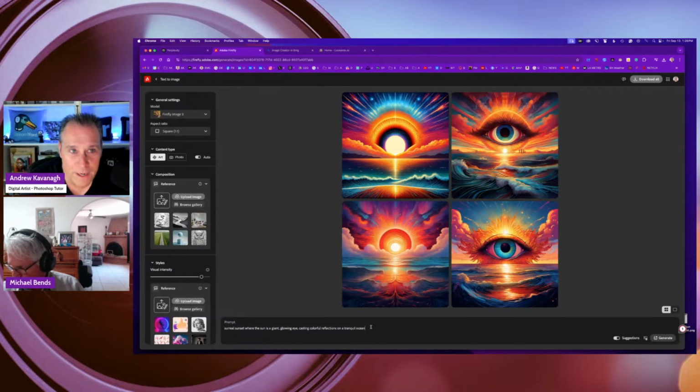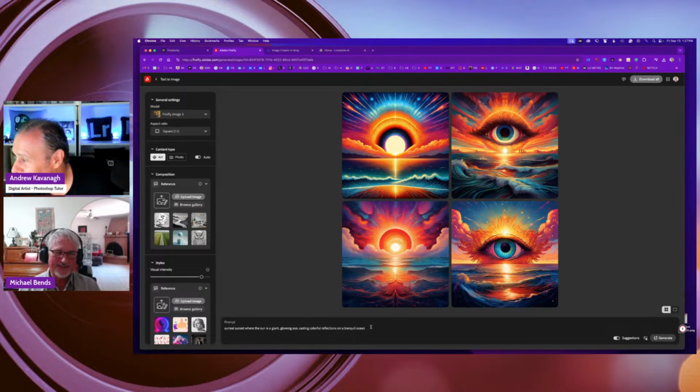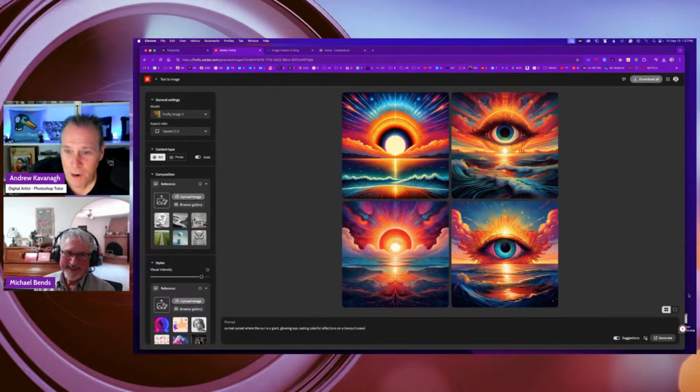But the thing that was funny about Leonardo is that beyond the initial grouping of, say, 4 images, when I generated it again, they started creating images of Shepard Fairey. I wanted to use him as a style reference, but they started focusing on him as the subject. The man himself was stylish. Now, do you have the text prompt? Because I'm curious, that'll be a good segue to go into the other AI apps to see what does what with the same prompt.